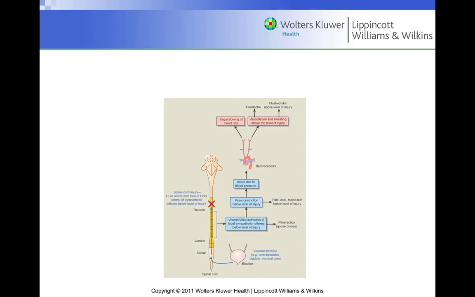Additionally, you will see that patients must wear binders and TED hose to keep the blood pressure up. And when you remove these binders and TED hose, the blood pressure may